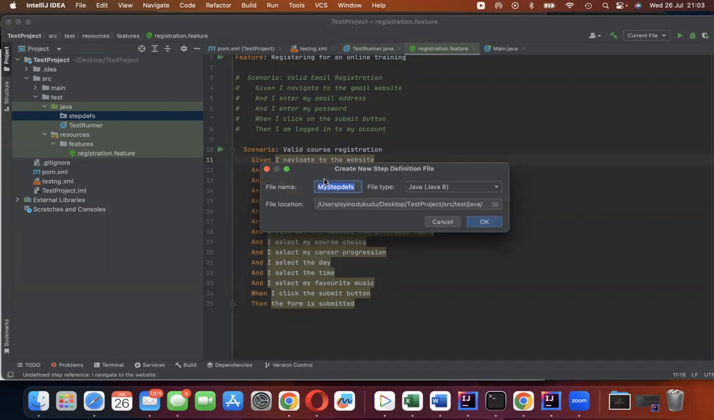I would always recommend people to rename the step definition file based on the feature file that you're working on, so that it's easy for you to figure things out, or in a case where somebody else is reading your code, they will basically understand how the files are matching each other. So I always recommend people to name their step definition the same name as the feature file. So in here, I'm going to call it registration